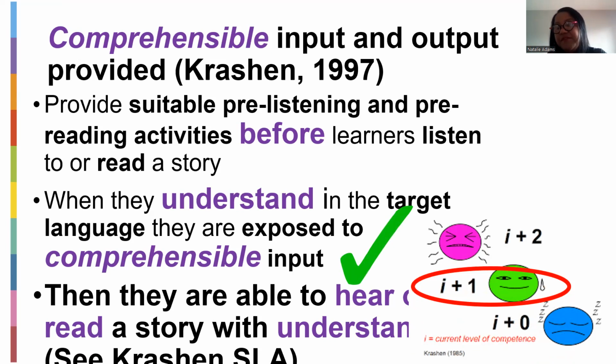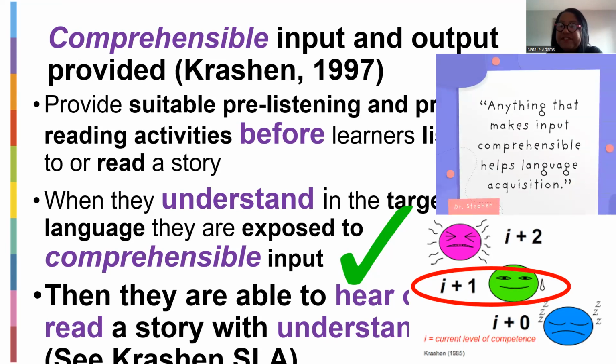Another word for the i would be your current level of competence. Okay, so they come in with a current level of competence, but you just need to add additional language information to that. Obviously, if you look at i +0, it means that they're coming in, but you are not teaching them anything additional. If you have comprehensible input or level of competence +2, it means that you are giving them too much.